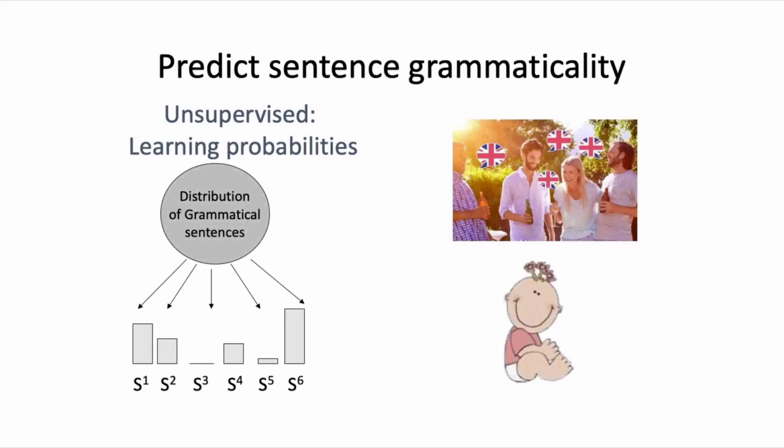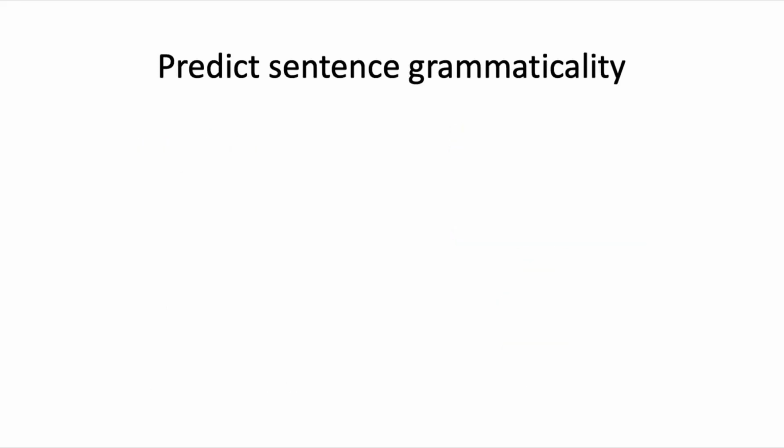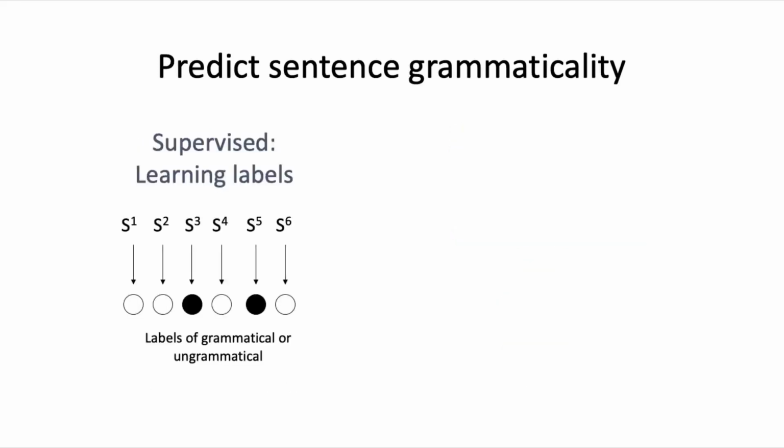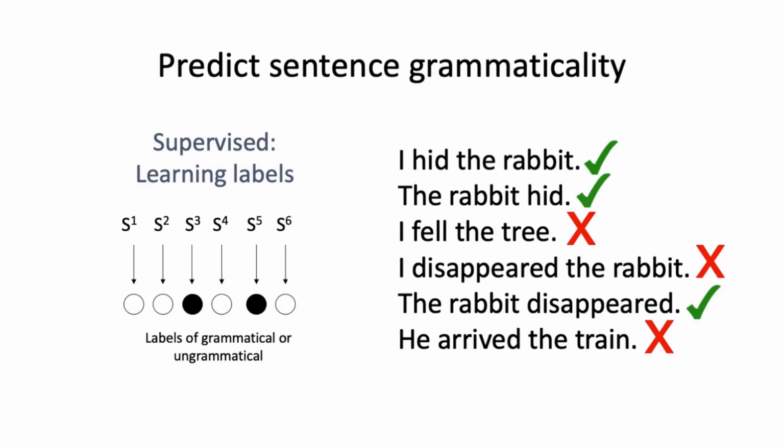In contrast, imagine you were learning a new language and you heard both grammatical and ungrammatical sentences, and you got feedback for every sentence about whether it was grammatical or not. As you experience more and more sentences, for each of which you are told whether it's grammatical or not, you start building a model of the type of sentence that is grammatical versus the type of sentence that is ungrammatical based on all your feedback.